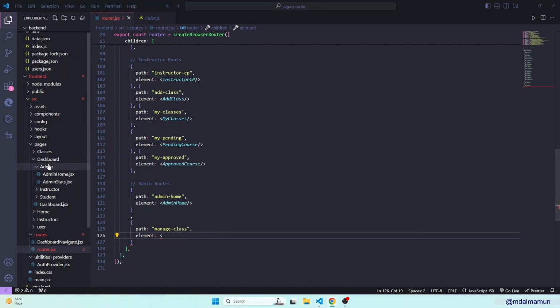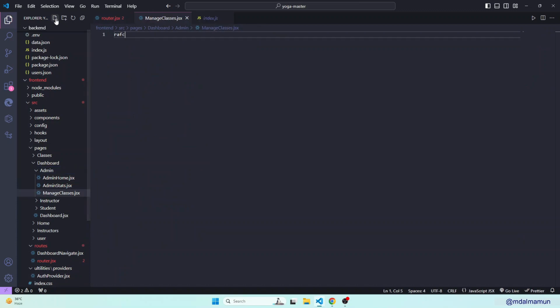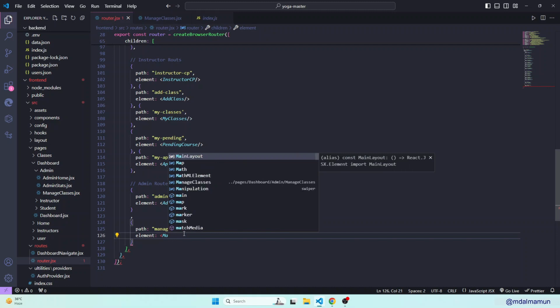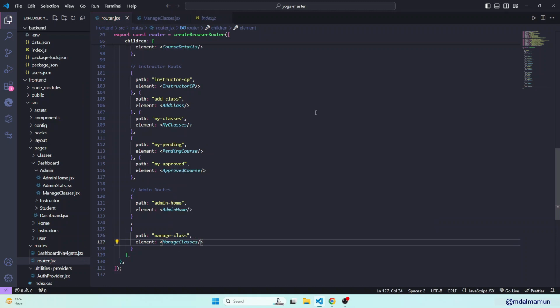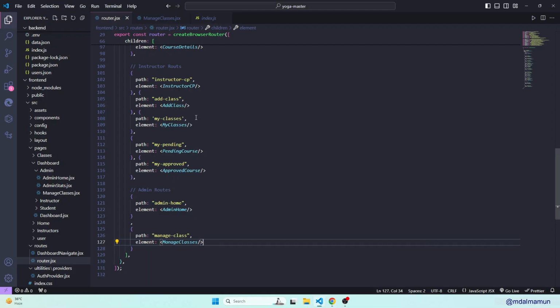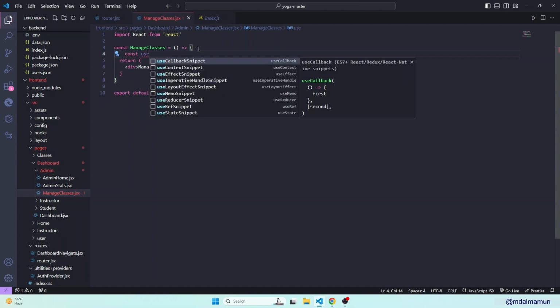ManageClasses. So here inside this admin we'll create a ManageClasses.jsx file, and we can obviously make ManageClasses, okay, something like this. So right now if you click here, you can see the manage classes is here. So if you have the manage classes, then you can simply design it, and I will obviously show the functionality first. So at first here what we will need to define